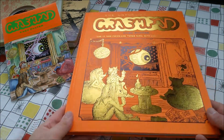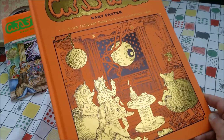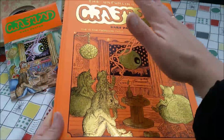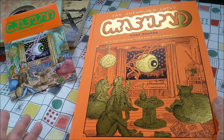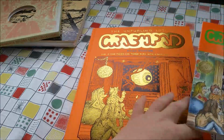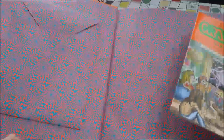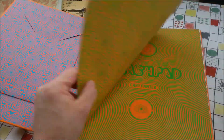Yeah, I think it's a fair price given the hilarious production qualities of this book here, with these gold foil applications on the top and the huge oversize of it. Yeah, it's a fair deal, but regardless, it's what it is. It's a comic book, like this one here, that's tucked in the sleeve over here, which is a very nice touch. The book here is actually nothing more or less than the artist edition for this book here,